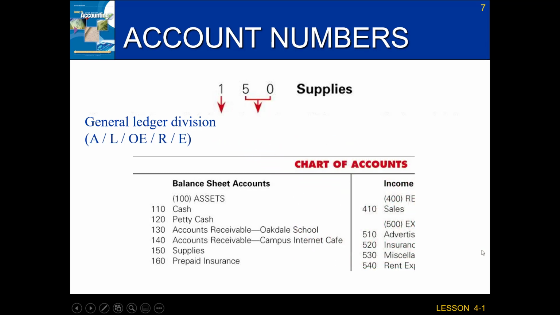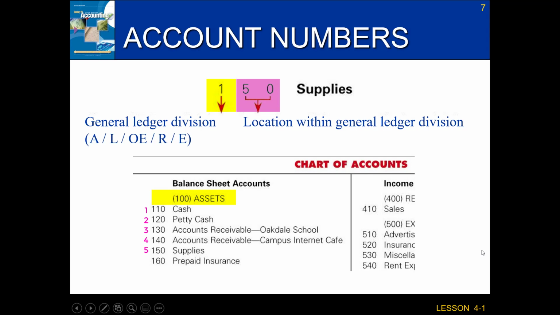The second part of the account number is the location within that general ledger division. So within assets or within revenues or within expenses. So if I look at supplies here, the first number is a 1 because it's an asset. An asset's the first thing in the accounting equation. And the second chunk of that account number is 50. So if I count down supplies as the 1, 2, 3, 4, the fifth account within the asset general ledger